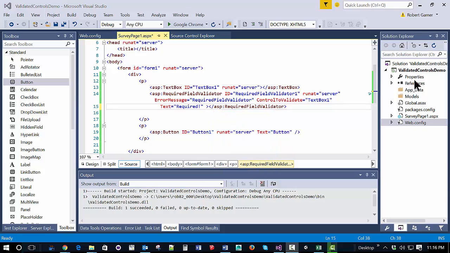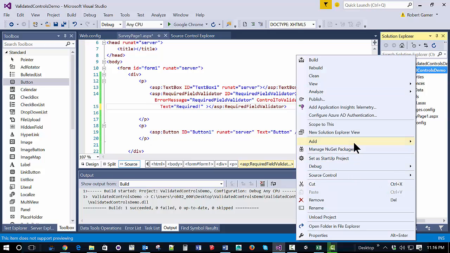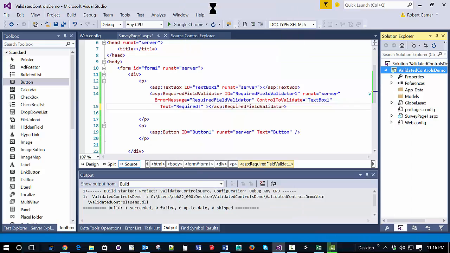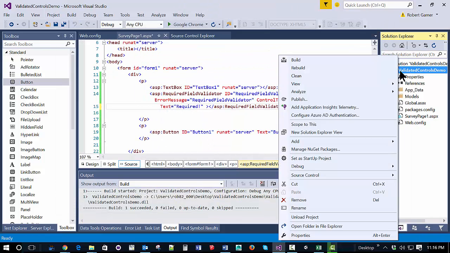And we could do that. Let's add a new item. Actually, before I do that,